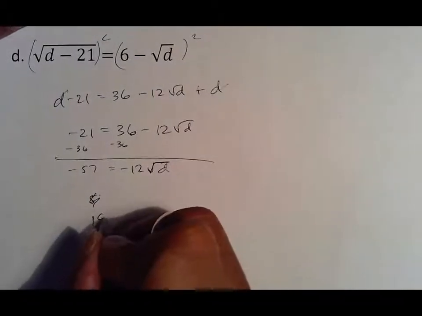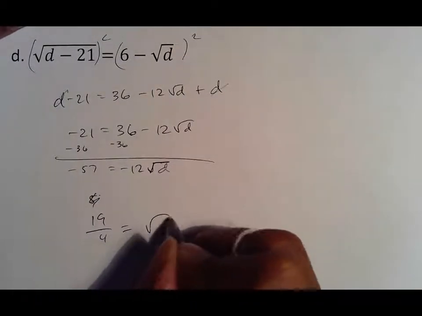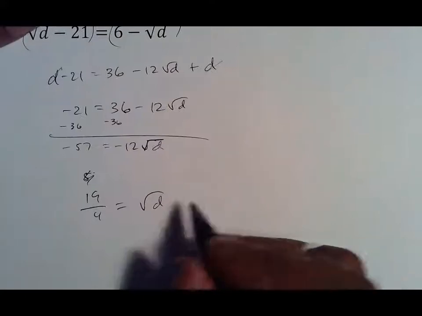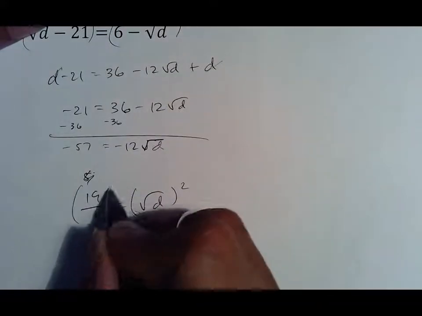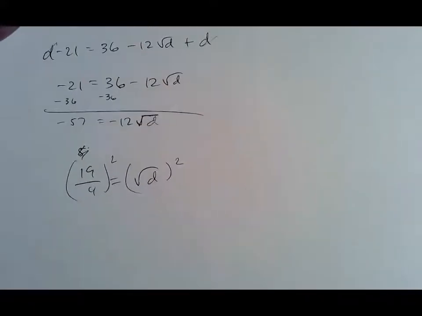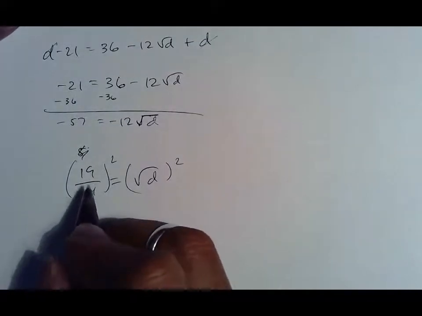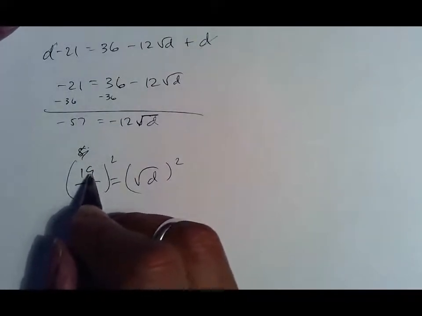19/4, so this will be 19 over 4 equals square root of d. And now that the root is by itself, we square both sides. Again, whenever you square root a fraction, square root both parts. That is, I remember 19 squared is 9 squared